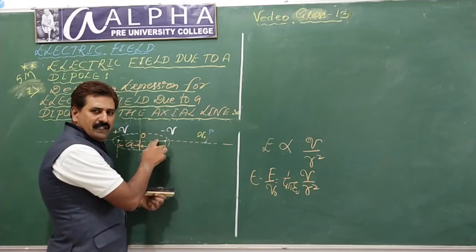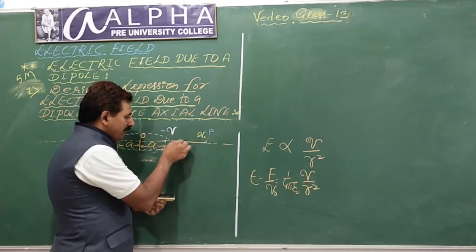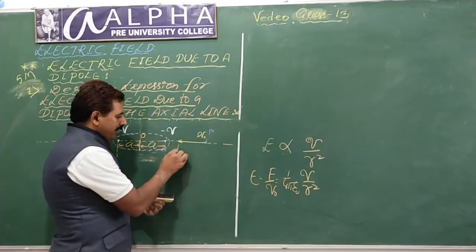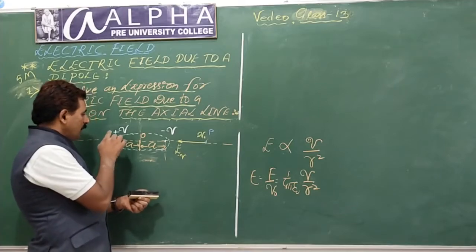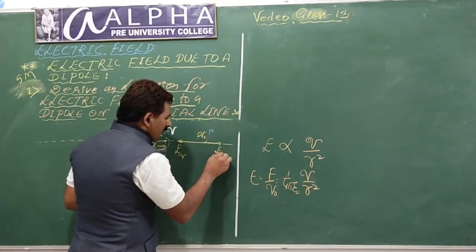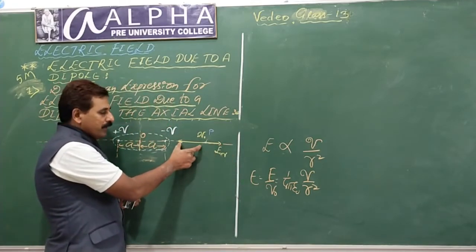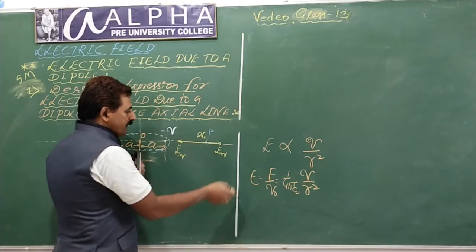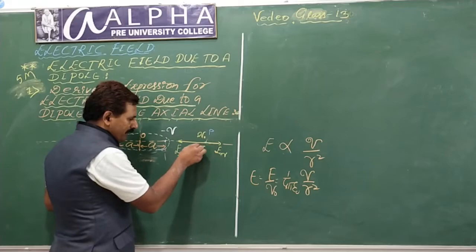Positive, negative attract. So, this negative charge attracts Q naught to the left. I write electric field of Q naught. Meanwhile, positive charge repels. Look here students, I have written a shorter line. Positive. Why? This is less, this is more. When two vectors are acting in opposite directions, how do you find the resultant? Subtract. If you subtract, the resultant will be to the left.